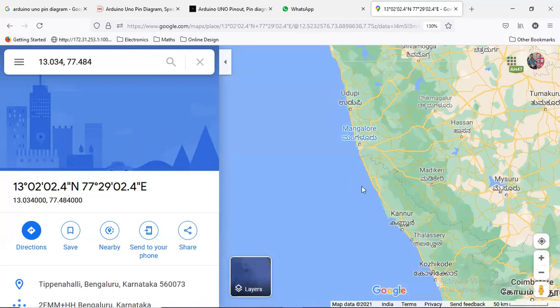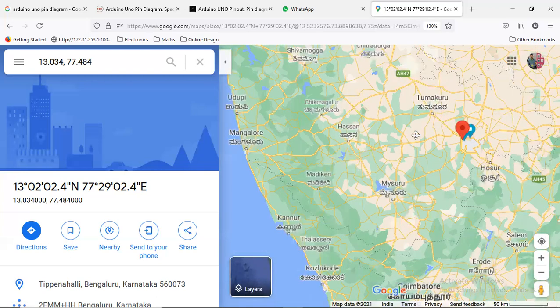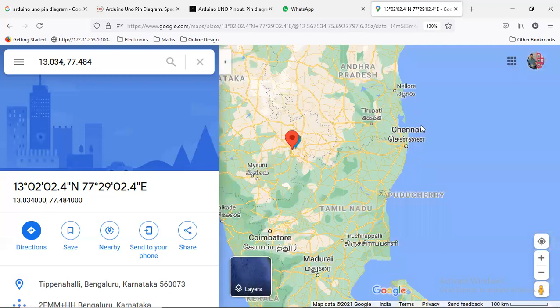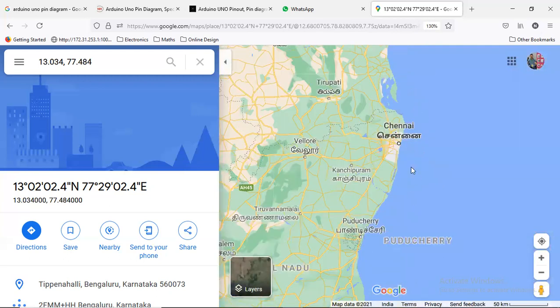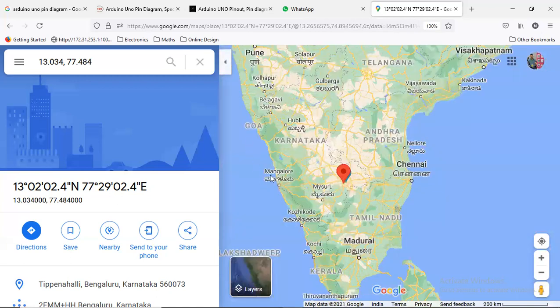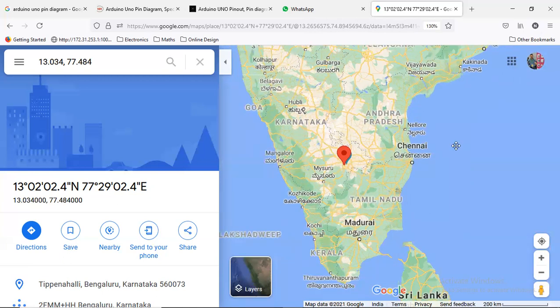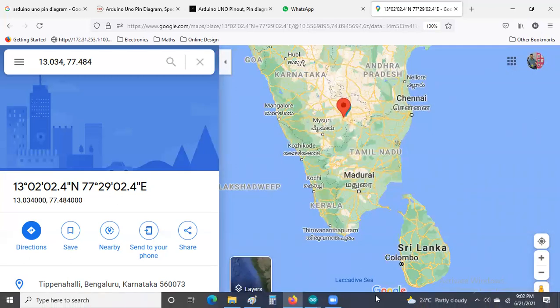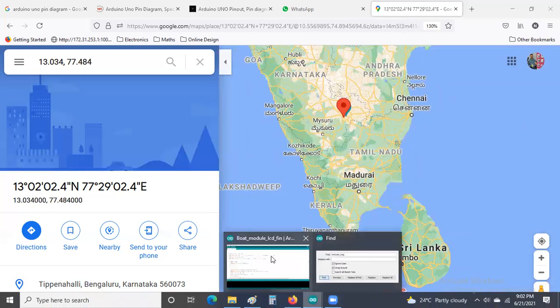So whatever slope will work here, the same slope will not work here, and the same slope will not work in Chennai. The equations will change. That equation is based on whether you are going from east to west, west to east, or north to south. Based on that, you have to modify the logic and equation. That I'm trying to tell here. But for you, no problem.